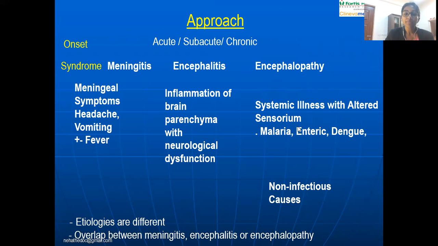So here also we need to keep in mind the various other non-infectious causes, like it can be NMDA encephalitis, or at the same time, we also need to keep in mind, say, CNS lupus, where an SLE patient may develop CNS symptoms. Or autoimmune encephalitis. These are the other etiologies which we have to keep in mind while we are dealing with a patient who has got fever with altered sensorium. And of course, ADEM.